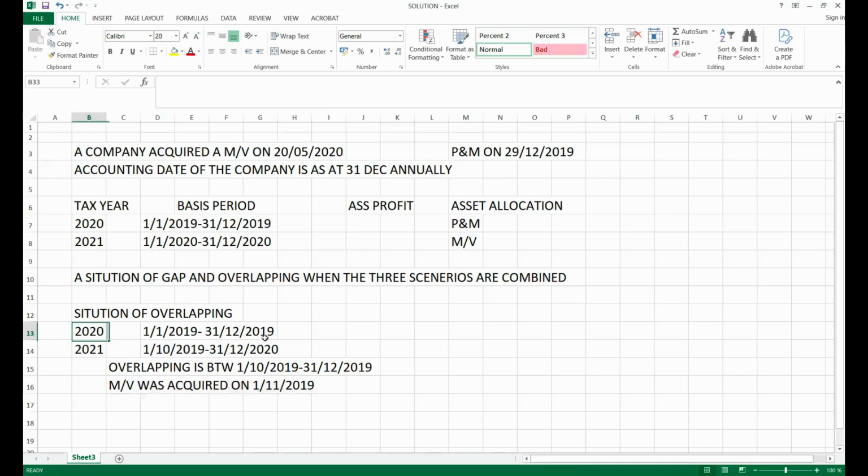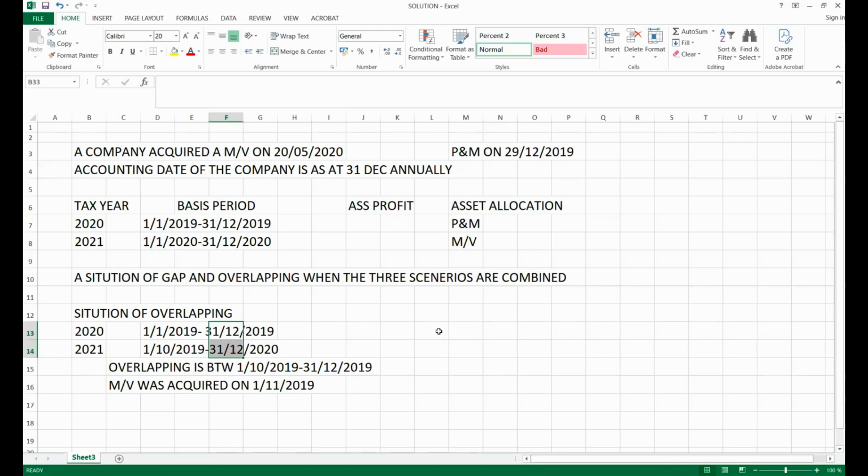Am I going to bring it in year 2020 or in year 2021? Because I have that date in the two years. That date is common to the two years. So what the law now says is that when you have overlapping of basis period,